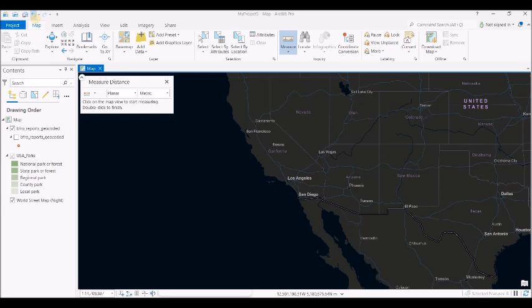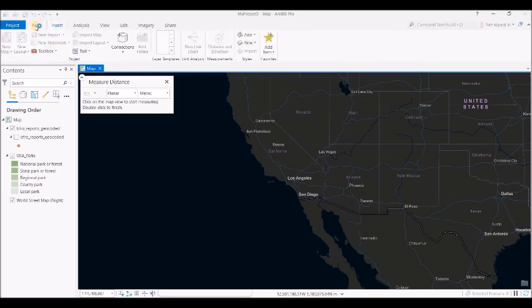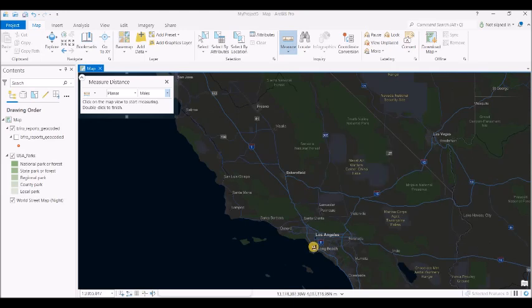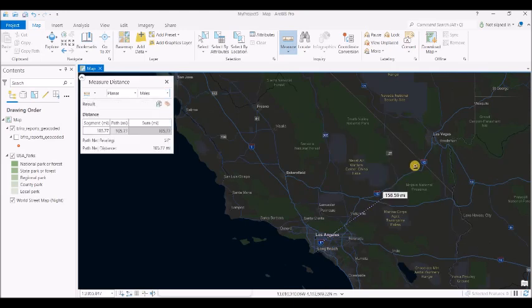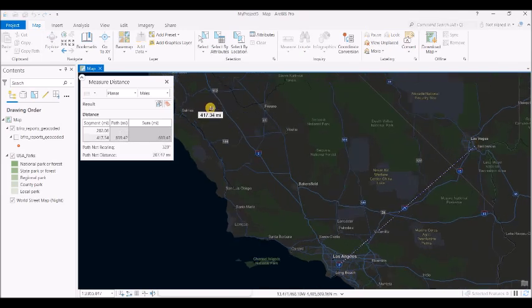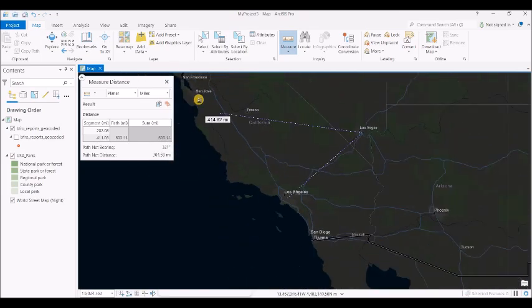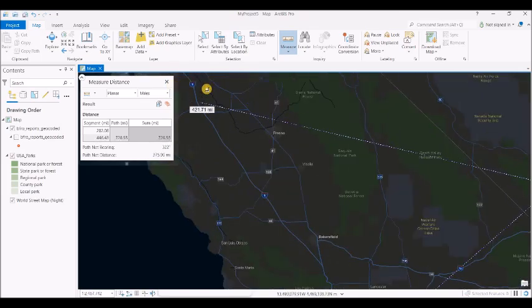So we're using the measure tool, and that's found on the map ribbon. So if you click on the map ribbon and then over on measure, okay, let's say we measure some distances. We've got the streets at night base map. Let's go from LA to Vegas, and then I want to go over to maybe San Jose, but this measure distance tool is in the way,